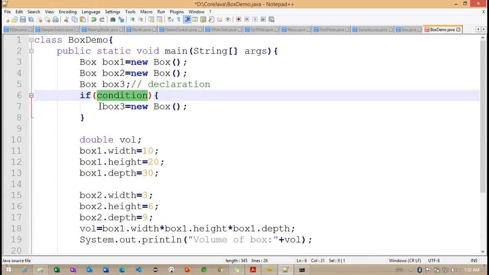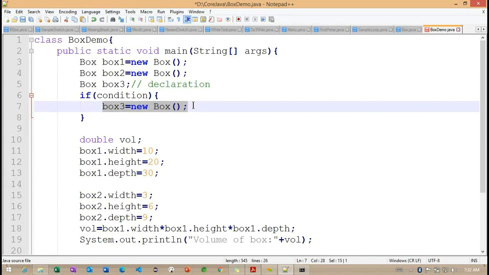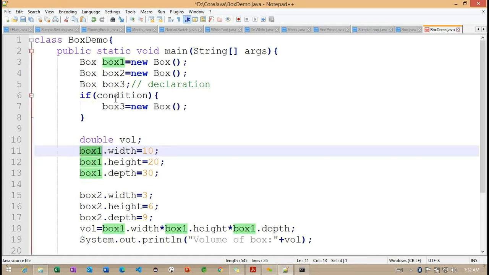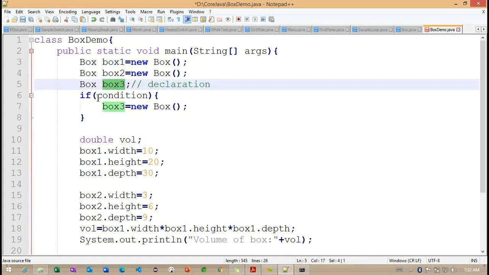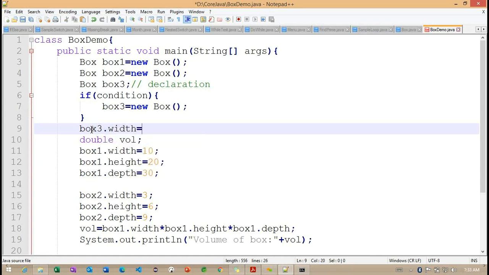And if the condition is satisfied, we'll create the object here, and then come out of this conditional block. With the help of this box3, we can work with different types of variables. So with box3.width, we can initialize the value or we can access the variable. So this is also important: declaring an object and allocating an object.